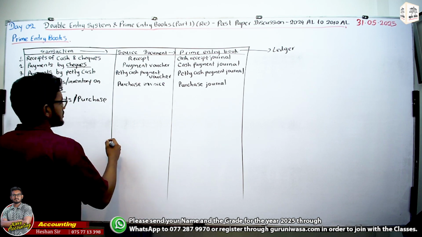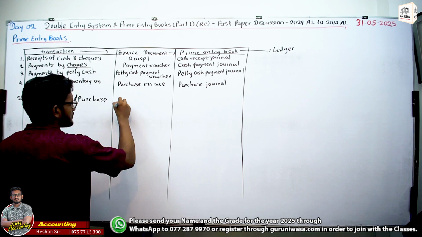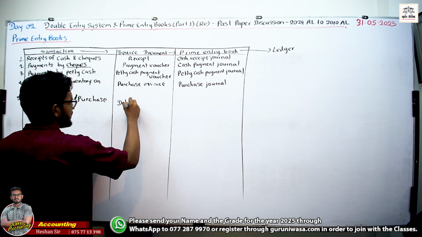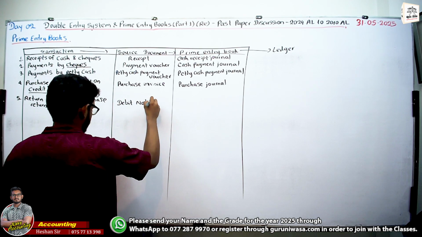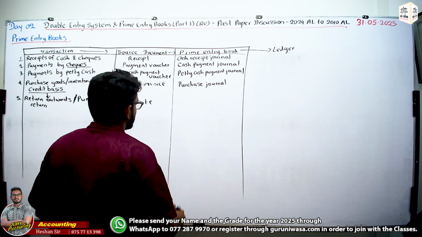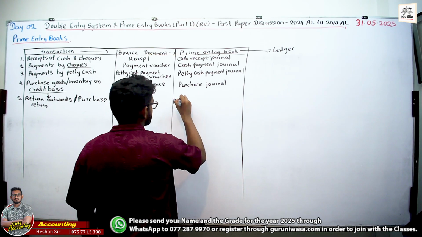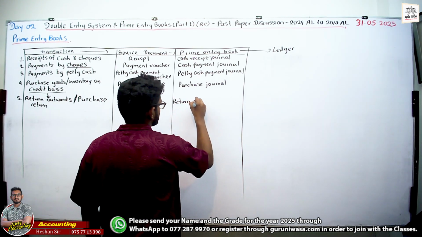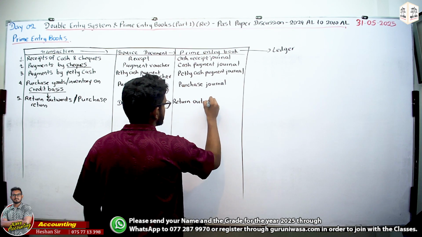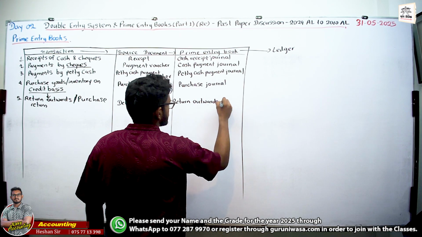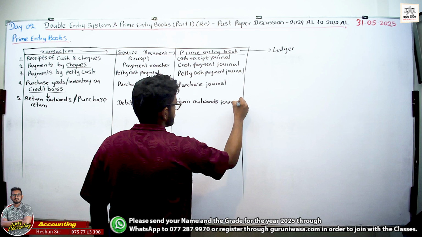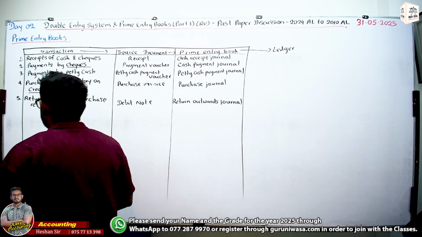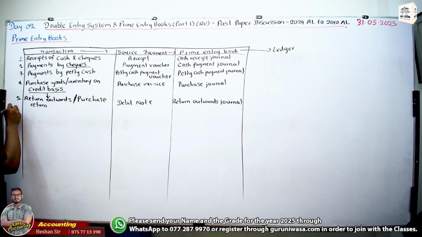You know, debit note, right? So return outwards journal, right? Number six,